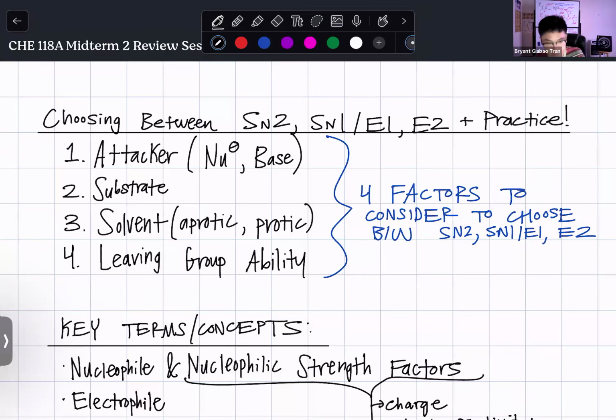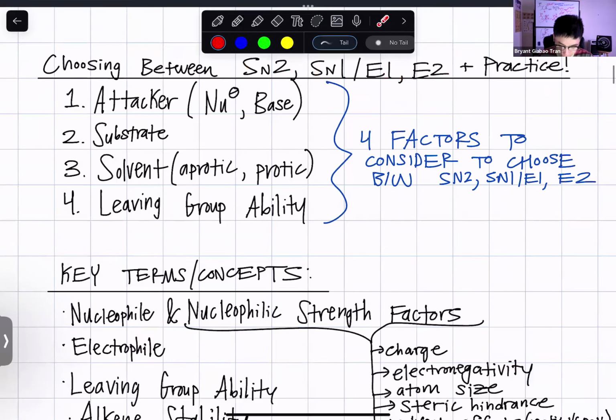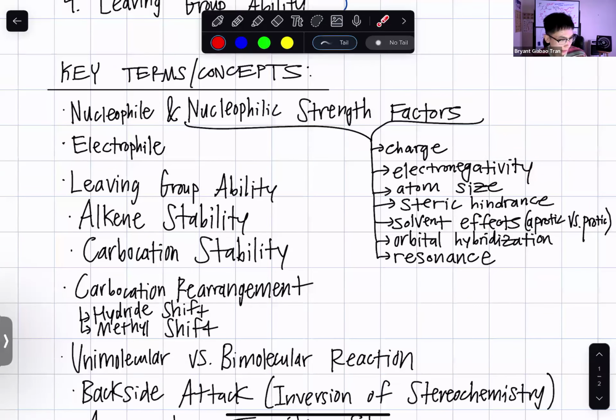Okay, so for today's midterm 2 review session, we're gonna go over how to choose between SN2, SN1/E1, and E2 reactions, and do a lot of practice rounds with that, and then go over the problems in the practice midterm and any other topics that you guys want to go over. So,